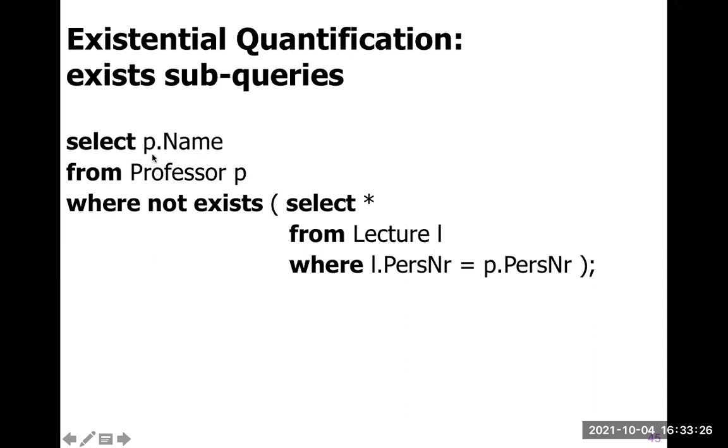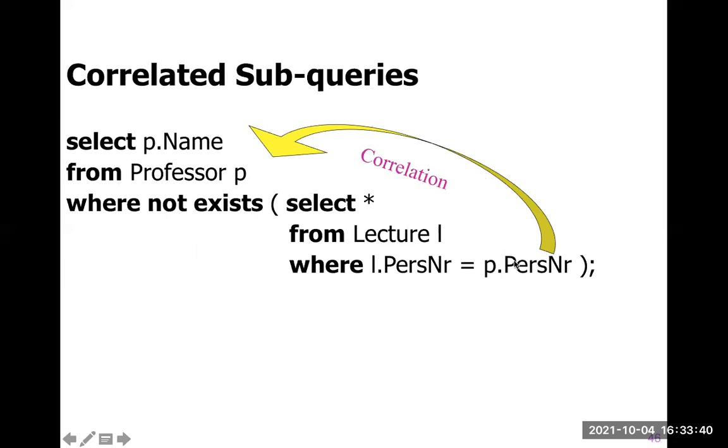So I need to loop through, I need to go through the professor table, look at each next record, get a record, and then put here the value for professor number, and then execute internal selects, that subquery, and that subquery correlates with the current record, as it contains a value from the current record. Such subqueries are called correlated subqueries, and correlated subqueries need to be executed for each record individually, for each record of